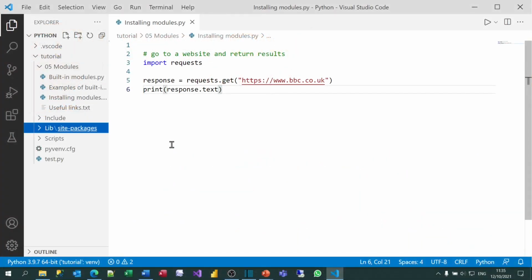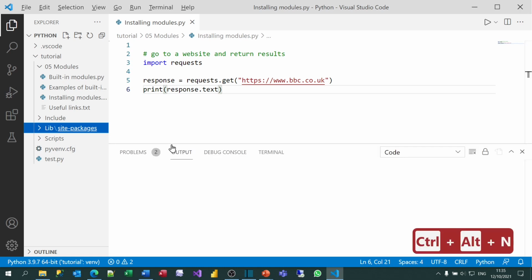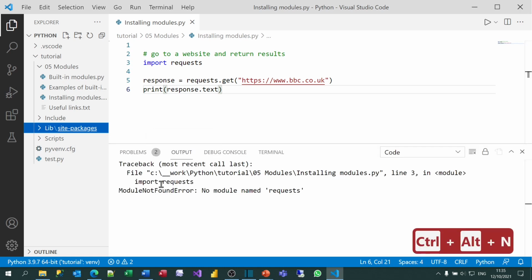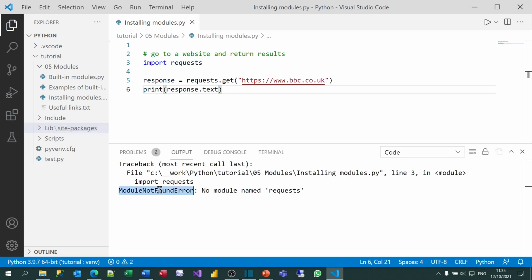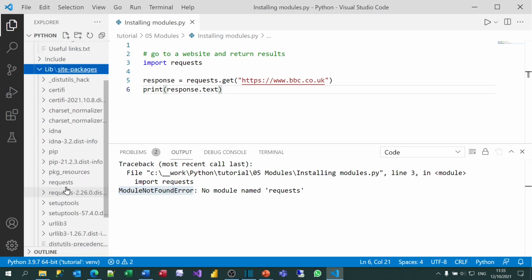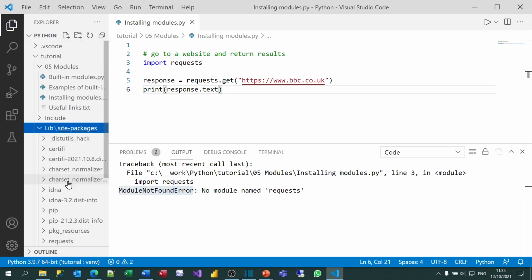So what I'm going to do now is to show you how you can solve this problem. I haven't made any changes to this program at all, but when I run it, it says ModuleNotFoundError, no module named requests. And there's two solutions I know of for this, and I'll show you both of them just so you can decide which one is more useful for you. The problem is that it can't find the requests module, even though it's there, and that's because it's not in